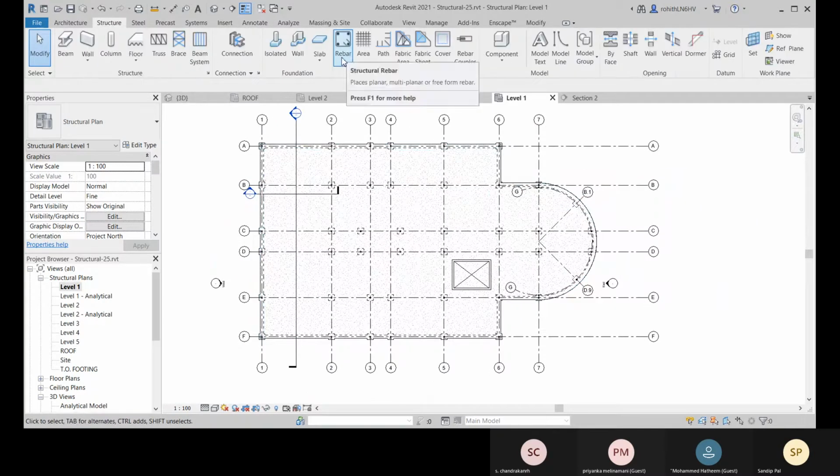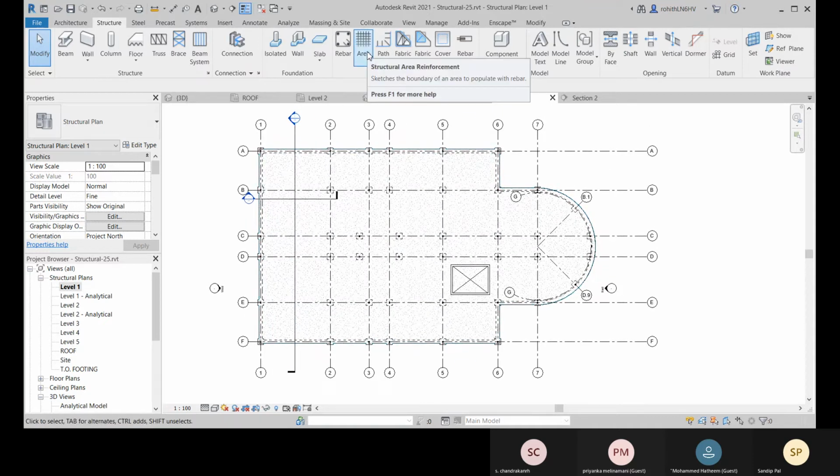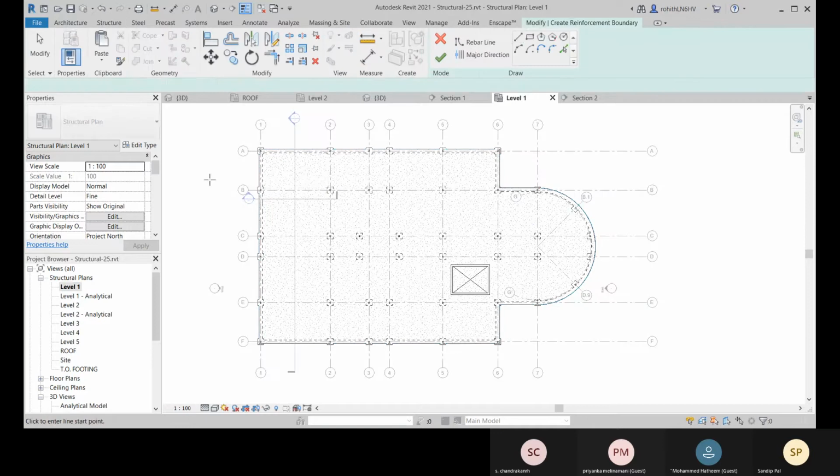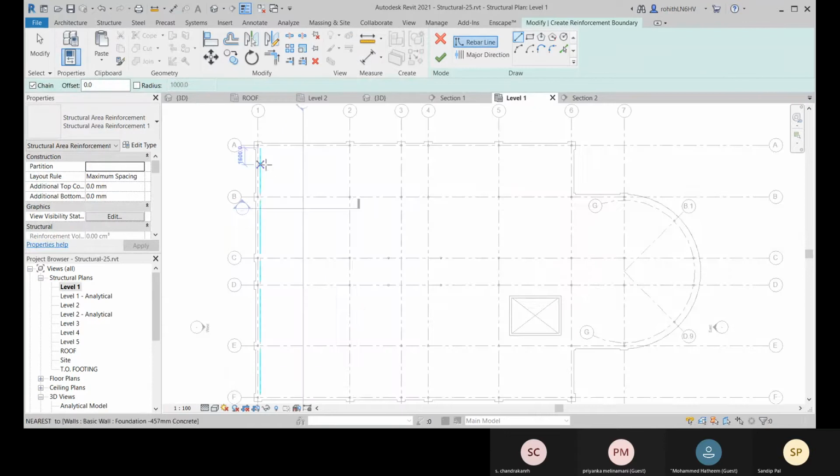Come to this rebar, so we will not select this rebar one by one, placing all this reinforcement one by one will be a very lengthy process. So for that we have this area option. Okay, you go with this area and then you select this floor. Okay, and there you have this rebar line.